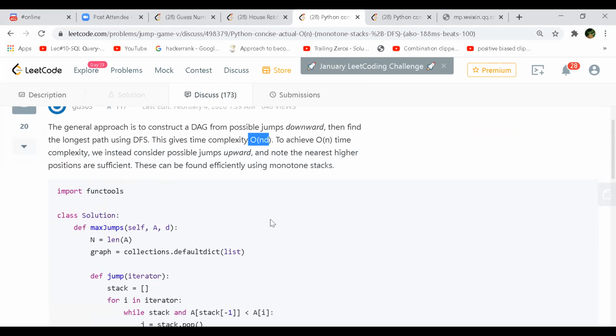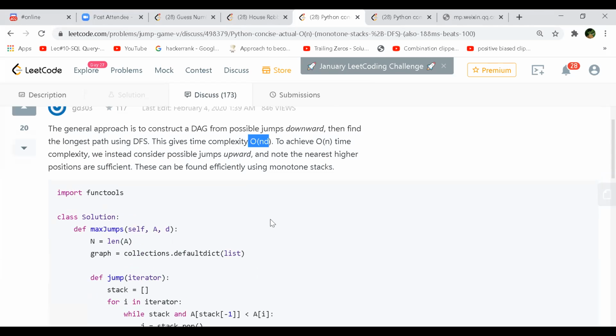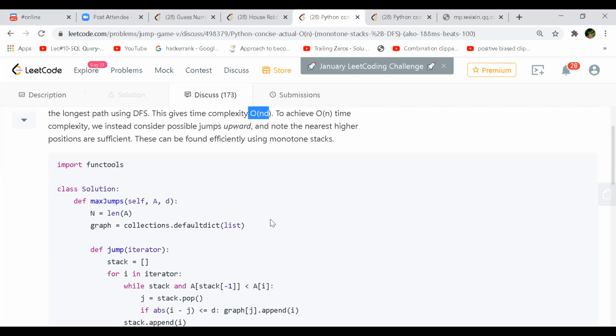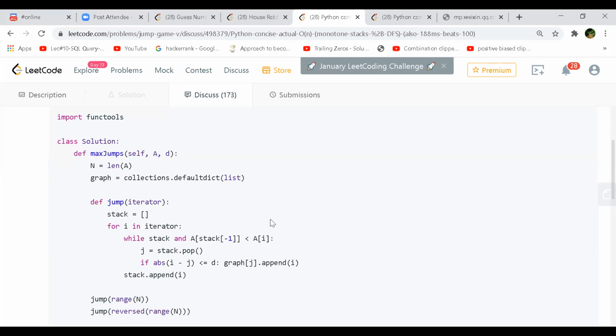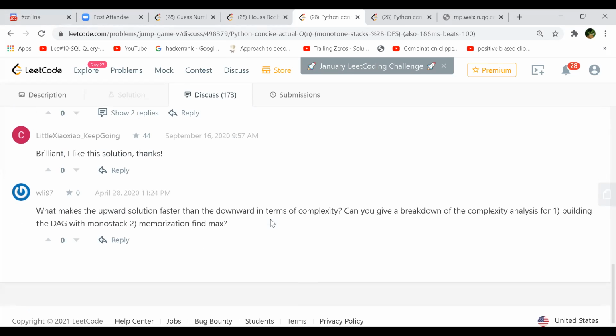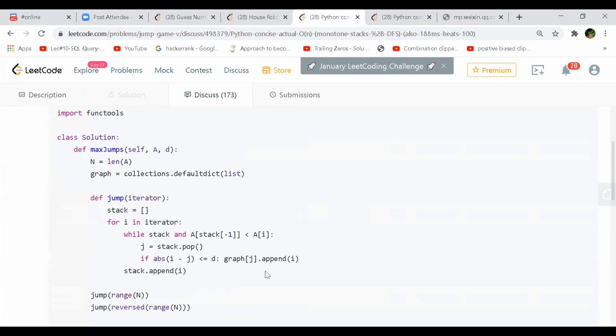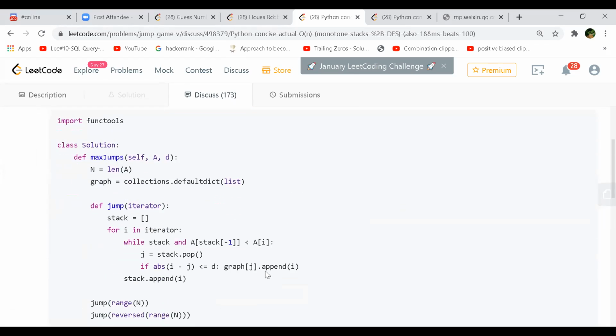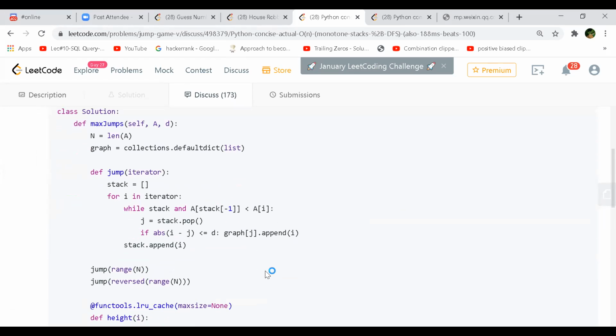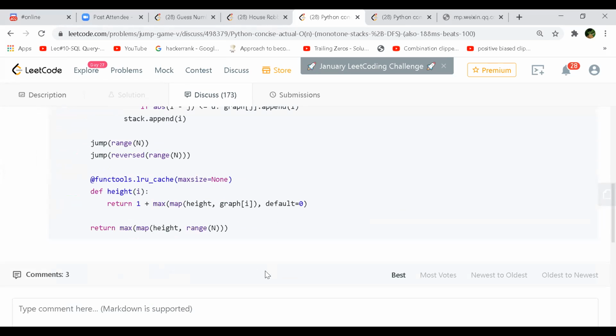Yeah, that's true, right? So if d is not n, if d is very less, if it is n by 2 also, then it is n square. But if it's so less, it's only 10% of n, then you can ignore the d part, right? Yeah, you can think of it as a constant, something like that. Because d will always be a constant value, then you can ignore d. Yeah, that's a clever way of arguing with the interviewer, right? Yeah, this is nice, very smartly done.